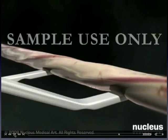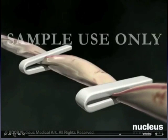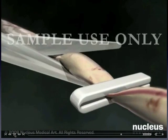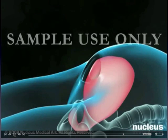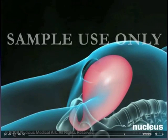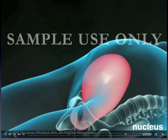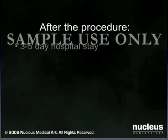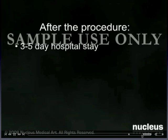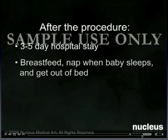Your doctor will then clamp and cut the umbilical cord. Gently remove the placenta and tightly suture your uterus and abdomen. This typically takes about 45 minutes. The hospital stay after a cesarean section is usually 3 to 5 days. During this time, you will be encouraged to breastfeed often. While most patients are able